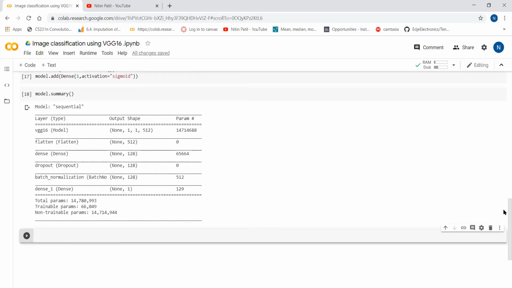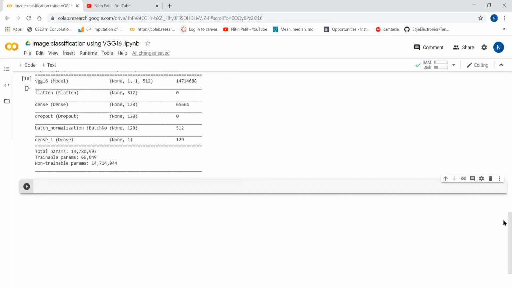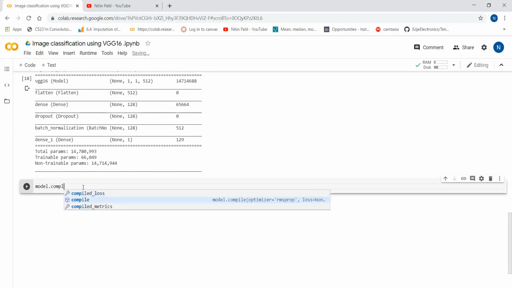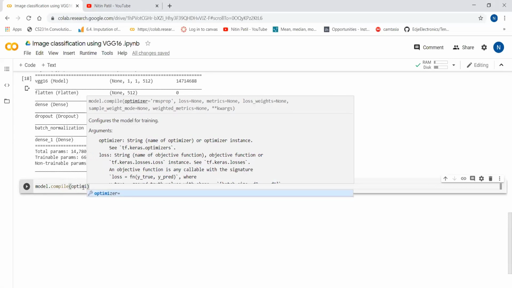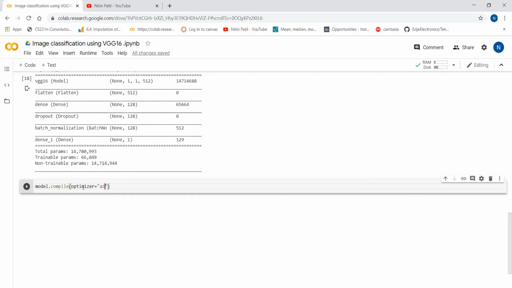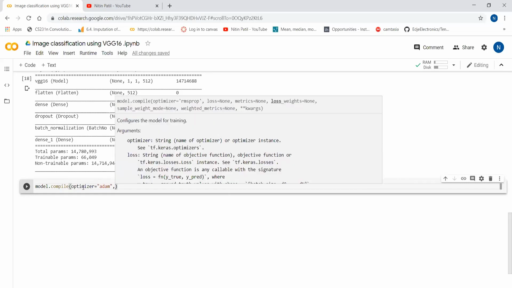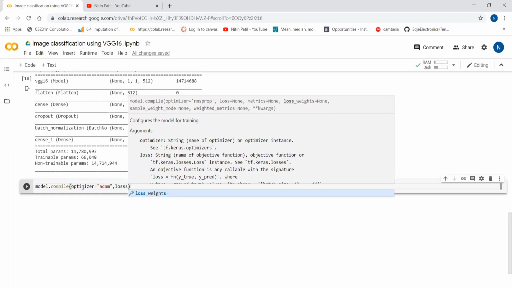Now the second step is to compile the model. So we will say model dot compile. First is the optimizer, we will use Adam. Second is the loss function.